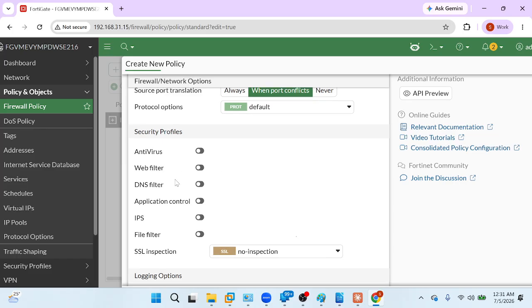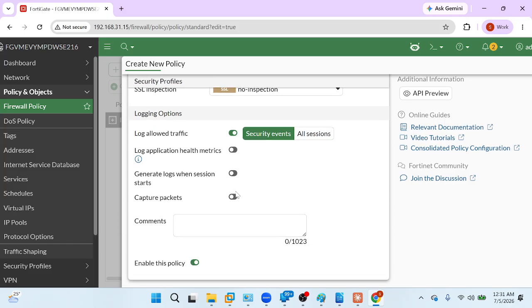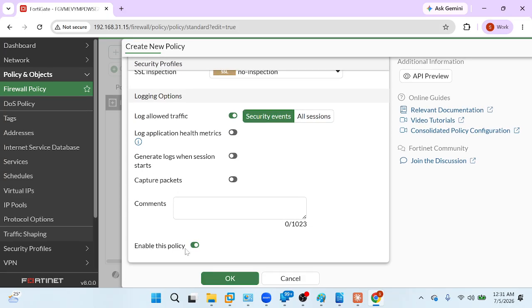These are web filter, DNS filter, application control. We will briefly discuss all of these in our course. Currently we enable this policy, this should be enabled. Okay,